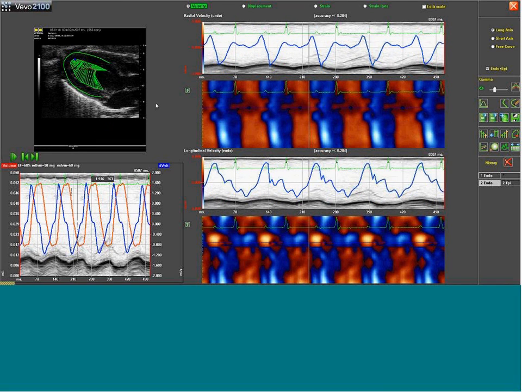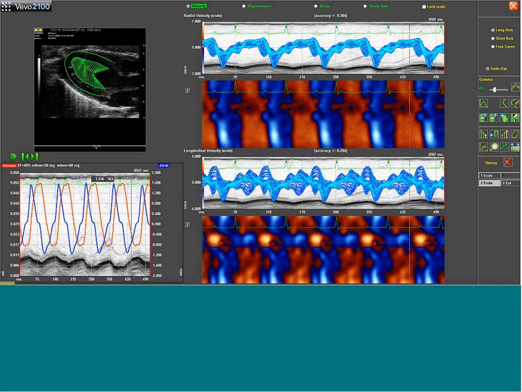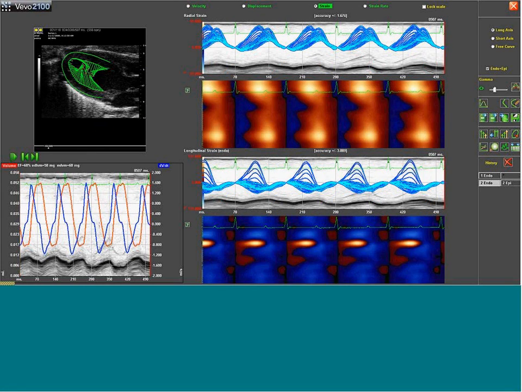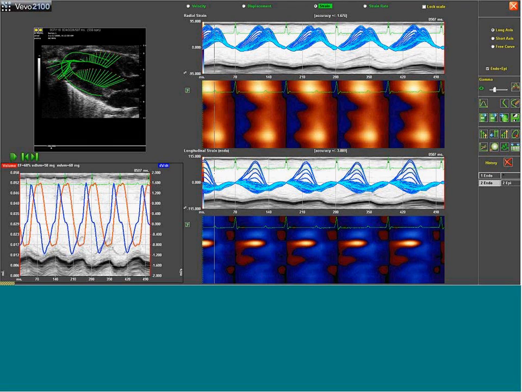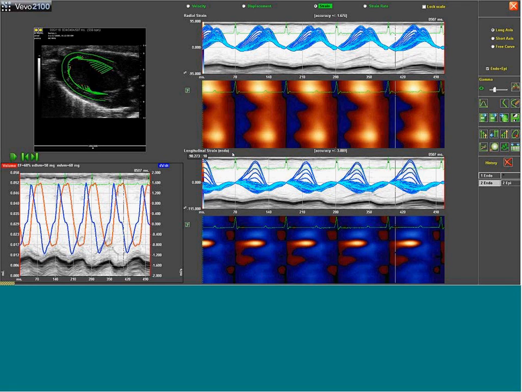itself. So the picture is a nice view because it shows you the twisting and compression motion of the heart altogether. We have selectors obviously up across the top here for things like velocity, displacement, strain, and strain rate we can look at. So the two segments here, radial strain, longitudinal strain,